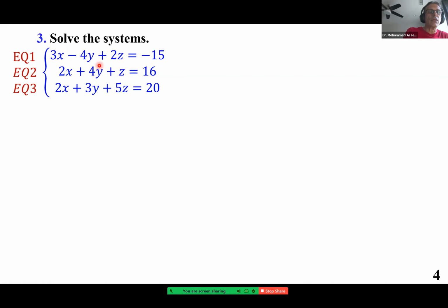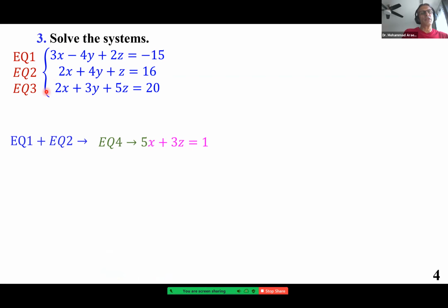It is easy to get rid of the y because the first and the second equation, you don't have to do anything. Just add them up. If you add them up, these two cancel each other. These two become 5x, 3z, +1. Now,